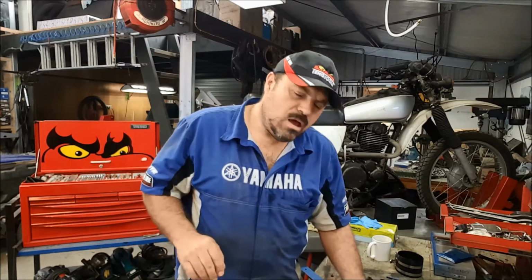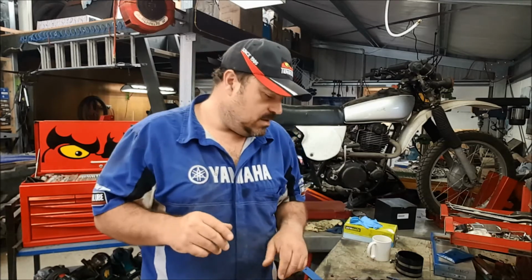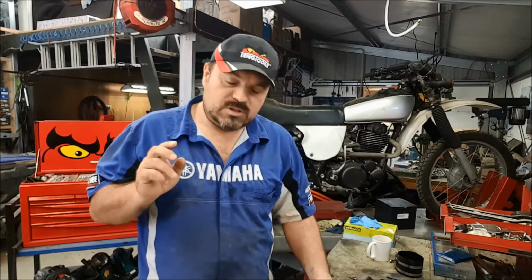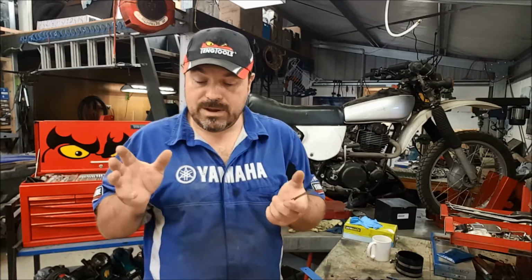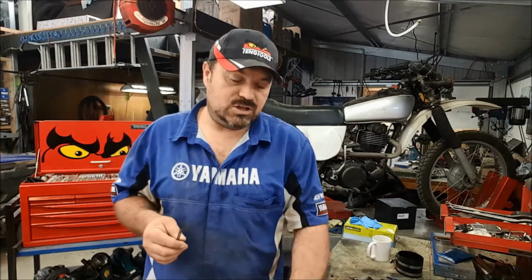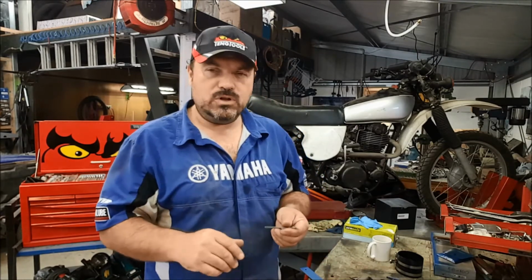Okay, so we're going to check. The first check we're going to do on this cylinder is we're going to check for warpage on the top of the cylinder where the head gasket goes. Now, the specification for this, according to the Yamaha manual, well, in actual fact, the Yamaha manual doesn't give us a specification for the warpage on the top of the barrel. They do give us the warpage for the head, which is